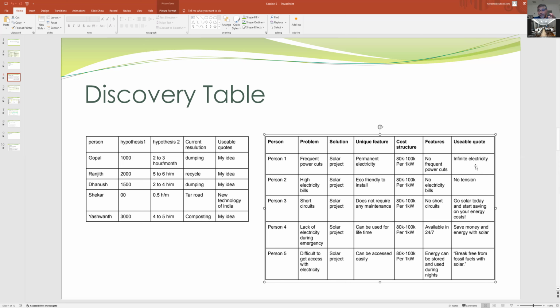Okay, usable quotes. Now, the ask in the initial table was, when you interview someone and they say, I have frequent power cuts, the usable quote is really for them to emphasize the pain point. So this whole exercise of the table was for pain point, not the solution. The solution comes post that. So here you're saying infinite electricity. What you're really telling me is this is a quote for marketing to them,